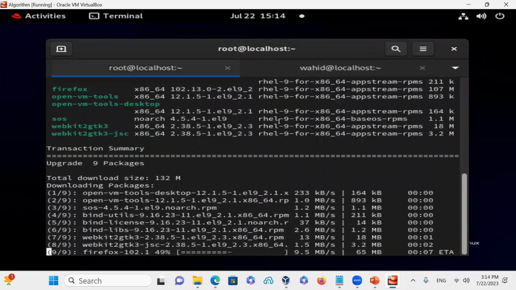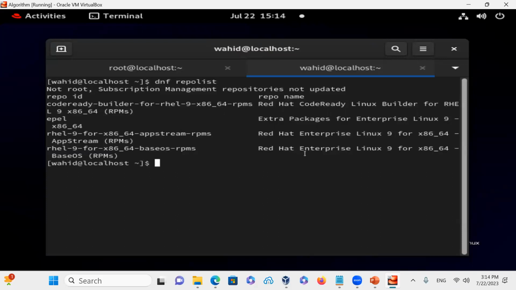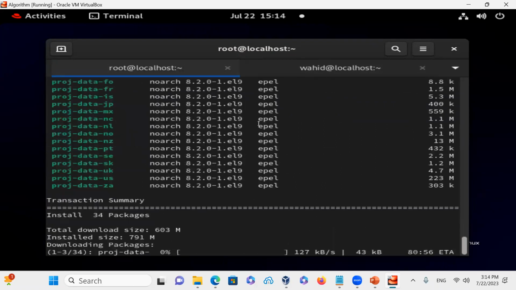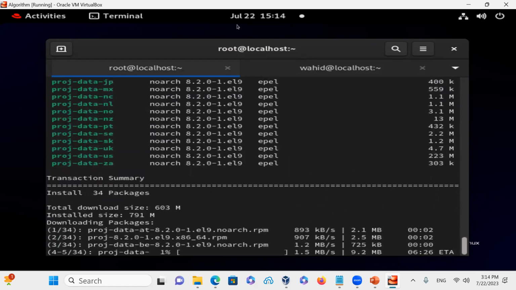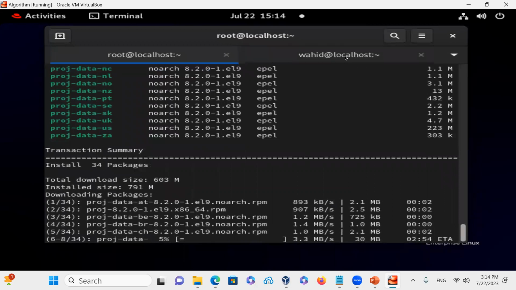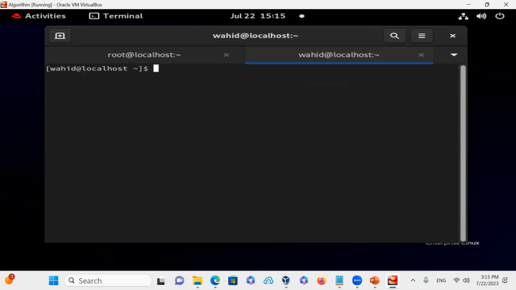So the repository list comes as a result of the command that you run with the DNF install or DNF repo that you're enabling. So this one is almost done. MySQL community is working on that, and I'm going to be patient on this one, but I'm going to open another shell here, clear screen, and then